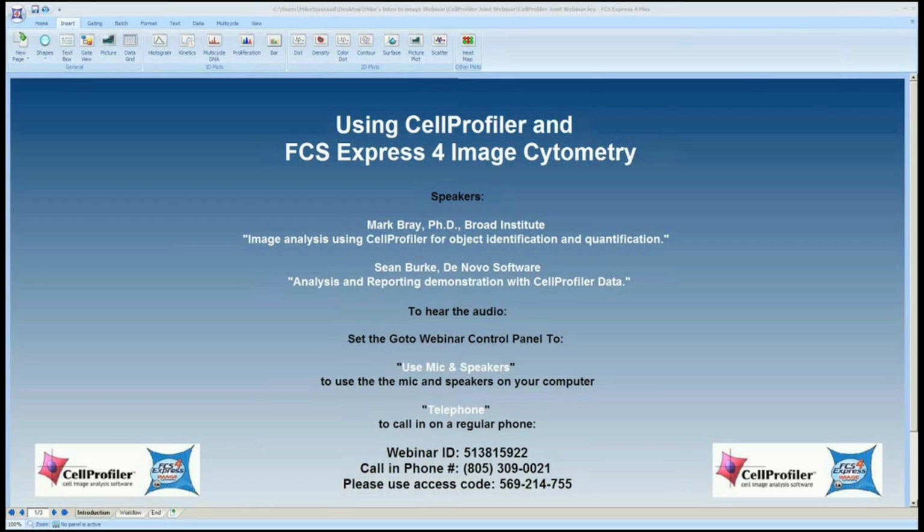We're going to be talking about the use of CellProfiler for image analysis and data generation, and then the use of FCS Express for Image Cytometry to analyze that data, visualize it, and generate reports. Today we have Dr. Mark Bray from the Broad Institute, a CellProfiler guru, and he's going to be going through a couple examples of image analysis of data sets with CellProfiler. I believe it's going to be a nuclear translocation data set and a colony counting data set. Is that correct? Great. And we have Sean Burke with DeNovo Software, our FCS Express guru, and he's going to